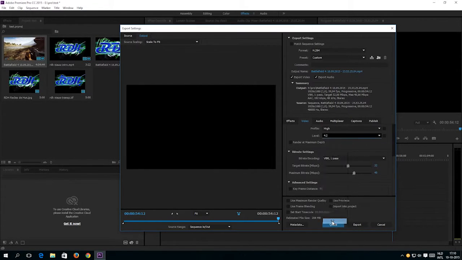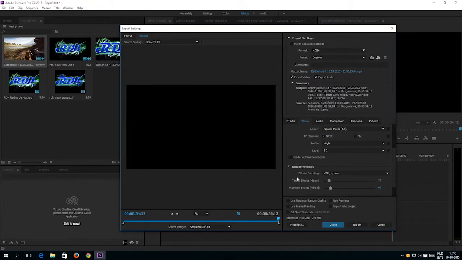Change the level to 5.2. The VBR 2 pass, and the bit rate I put somewhere around 100. It's gonna definitely change the size of your file. Render at maximum depth. Make sure you have that box selected,